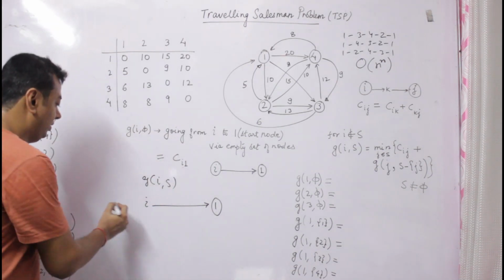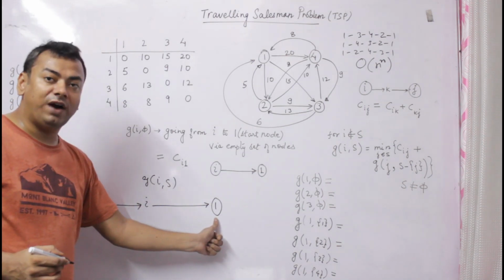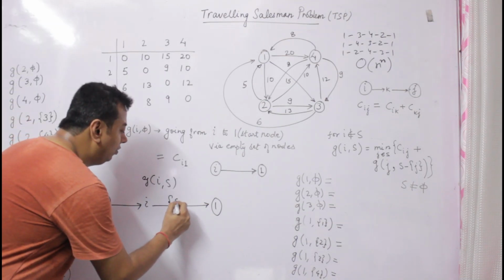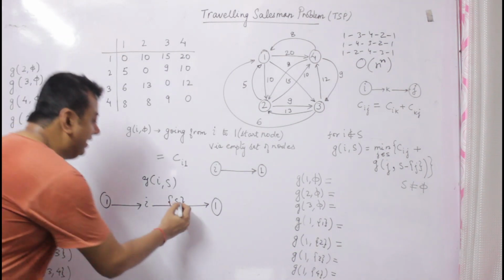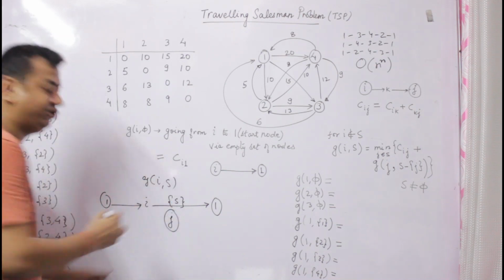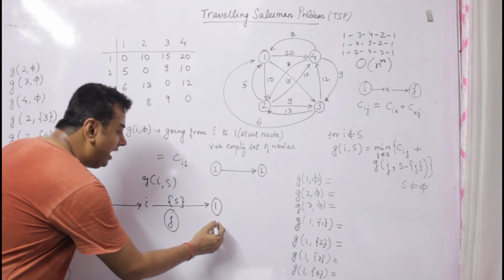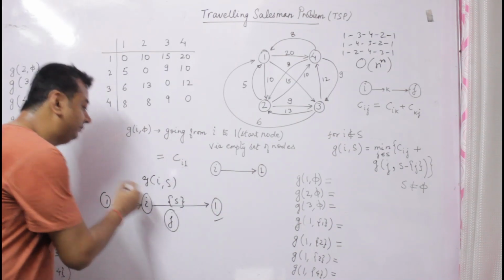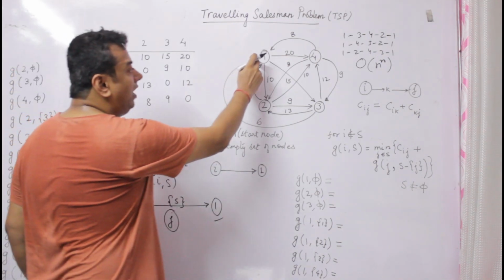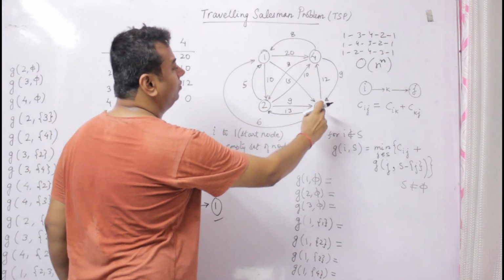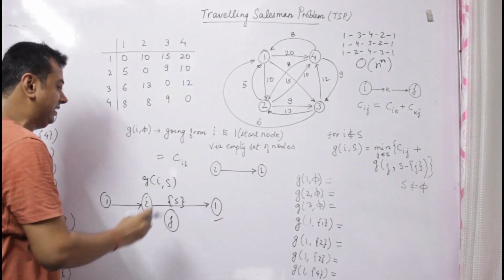Let's say this is 1. So of course 1 is here. So to go from I to 1, you have to traverse through all the set value S, and each element in this set S is denoted by J. So J will include all the elements except 1 and except I. Understood? Suppose you have to go from 1 and traverse the intermediate, these 3 nodes, and come back to 1. So what is S here?